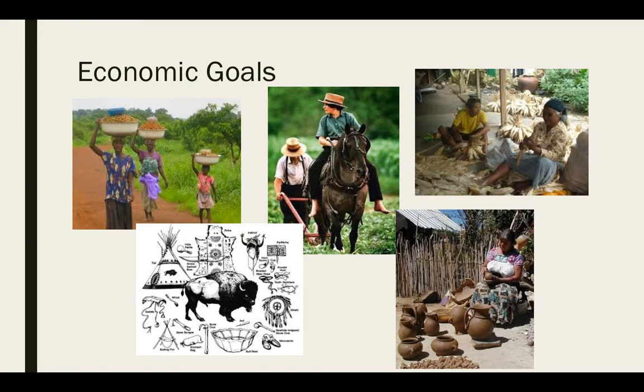Equity. Once again, they're providing these things and then they share amongst each other. So it's very, very equal in this society. Freedom, not very much freedom. Like I said, it's always going to be done exactly the same way. You're going to do it the way your ancestors did. Your mother will pass down what she does to her daughters, and the fathers will pass down to their sons.